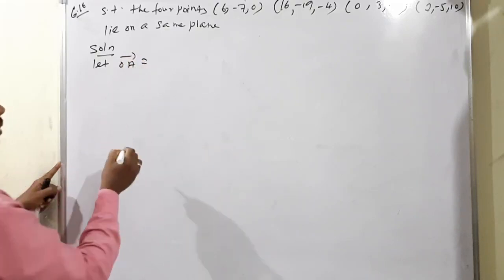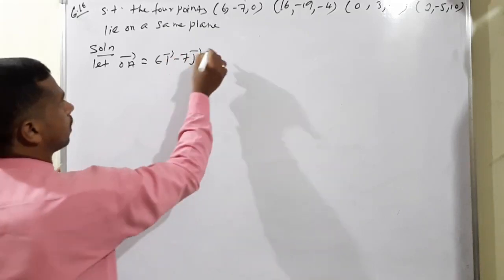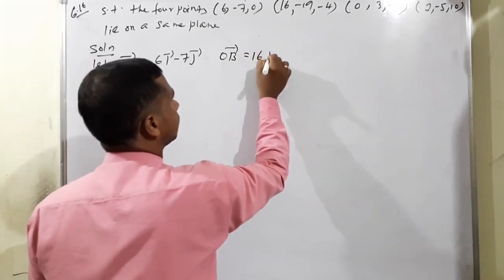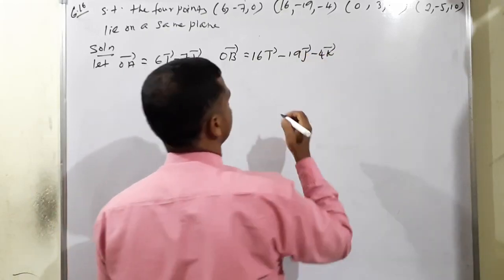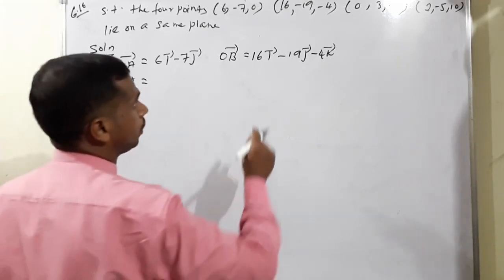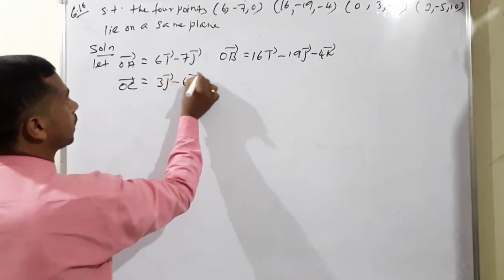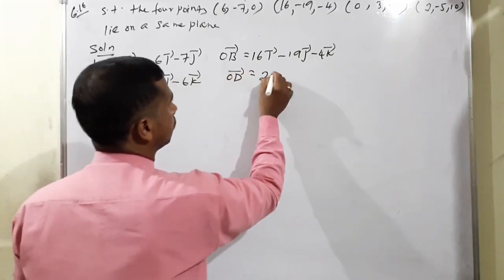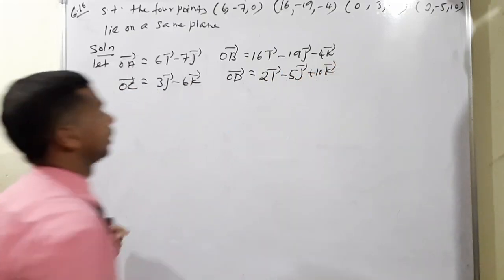OA vector. So OA vector is equal to 6i vector minus 7j vector. Then OB vector is equal to 16i vector minus 19j vector minus 4k vector. Then OC vector is equal to 0, no need to write. Then 3j vector minus 6k vector. Then OD vector is equal to 2i vector minus 5j vector plus 10k vector. Therefore,